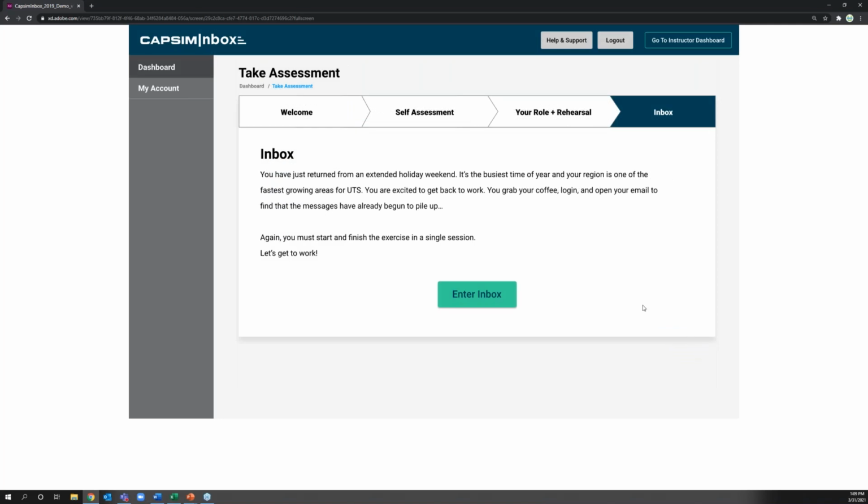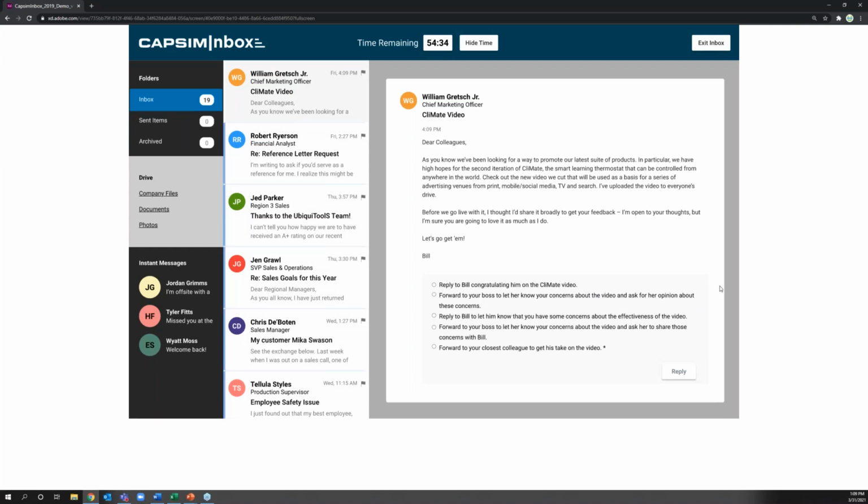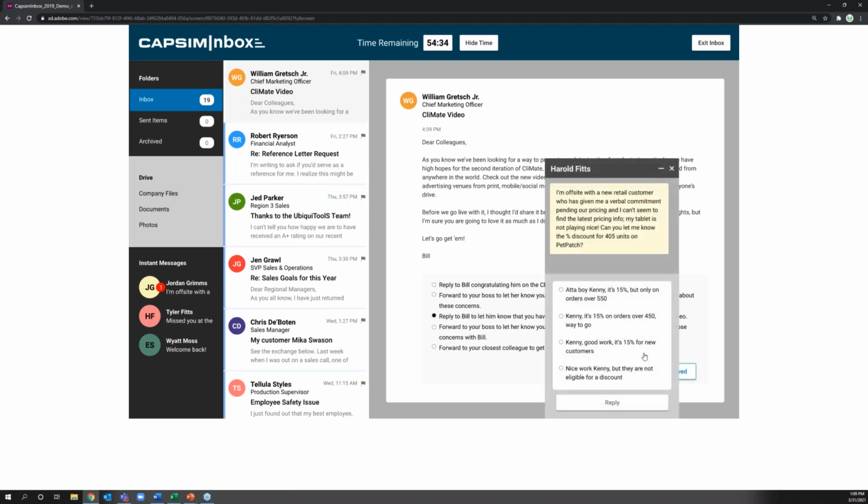Then they'll move on and jump into the actual inbox, which will be loaded with a number of emails directed at the participants directly. They'll be able to read the content of the email and choose the best response below. They'll also have access to a file drive over to the left where they can reference certain documents, maybe an org chart, while they're answering emails and going through these scenarios. They'll also be hit with chats in some instances from colleagues, asking them in some cases pertinent questions.